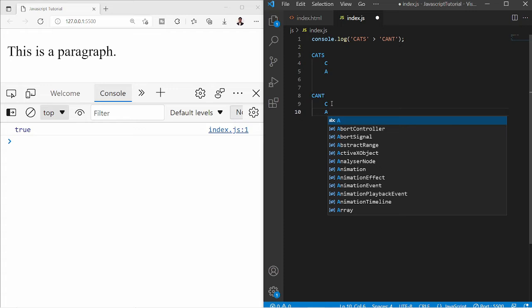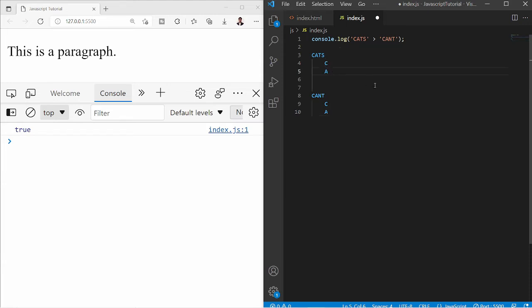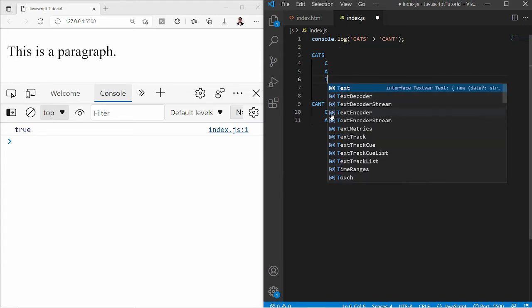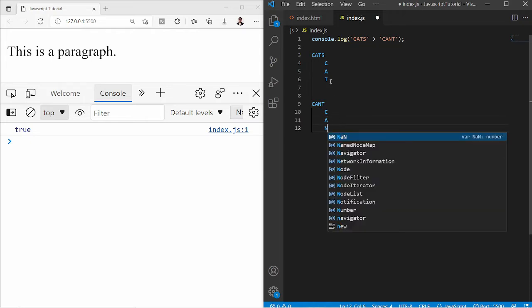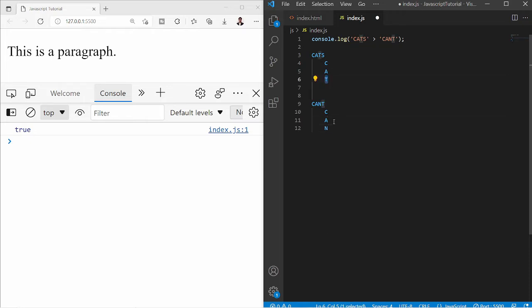So JavaScript is not able to make any conclusion with this. And so JavaScript will compare the third letter, that is t of this and n of the second string. And here JavaScript will understand, okay, t is greater than n. So it will not go and compare the next letter, that is s and t. It will stop here only.